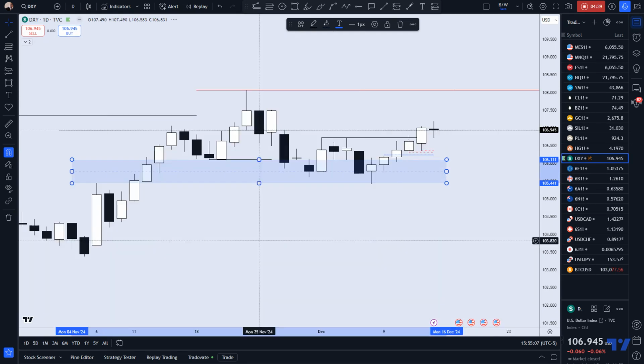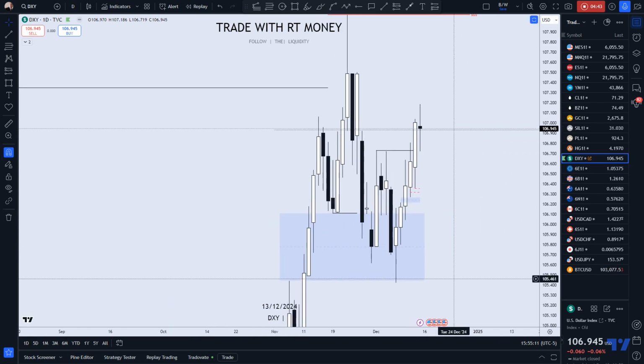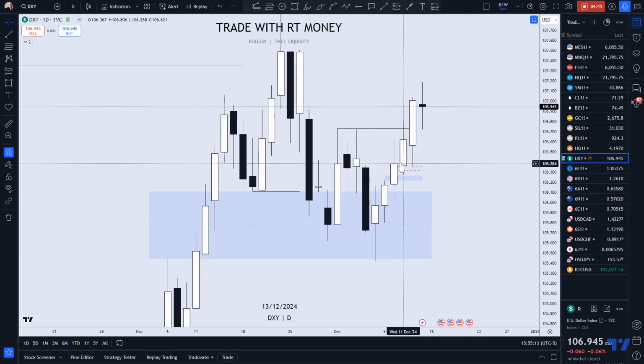If we go to the daily, do we have any more support for higher prices? We don't see bullish fair value gaps here, but we do see one down here, which led to the sweep of the buy side liquidity here. Price pulled back and then continued to trade through with a nice close above the previous high and the consolidation. So, do we have support for higher prices?